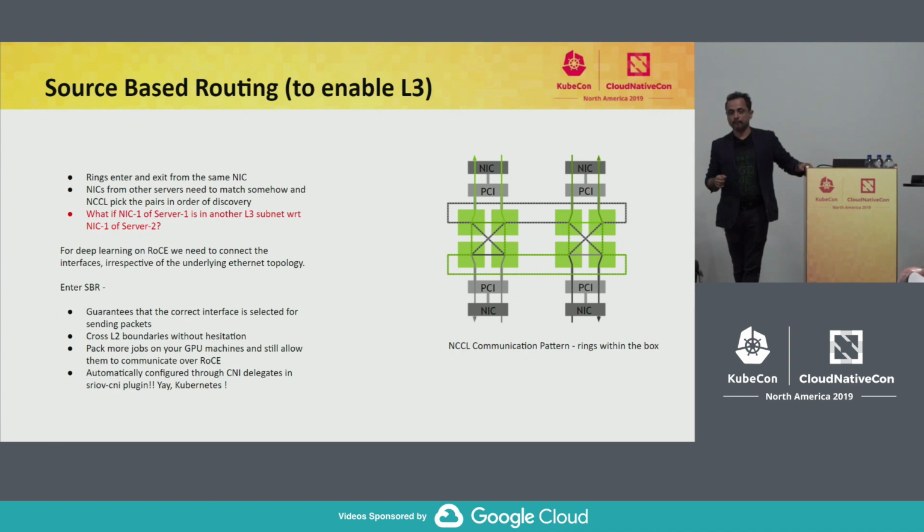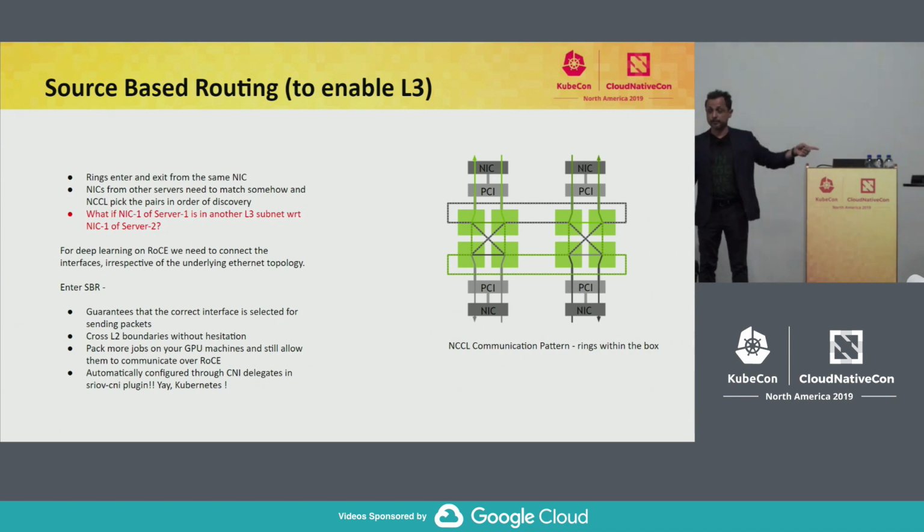If I want to go from a box to some IP address, my destination routing table says, oh, you want to get to that subnet? Use this NIC. I say, hold on, I'm deep learning. I know which NIC to use. Don't tell me to use that NIC. I want to connect NIC 1 to NIC 1. Don't tell me that your routing table is saying to use NIC 4 for that subnet.